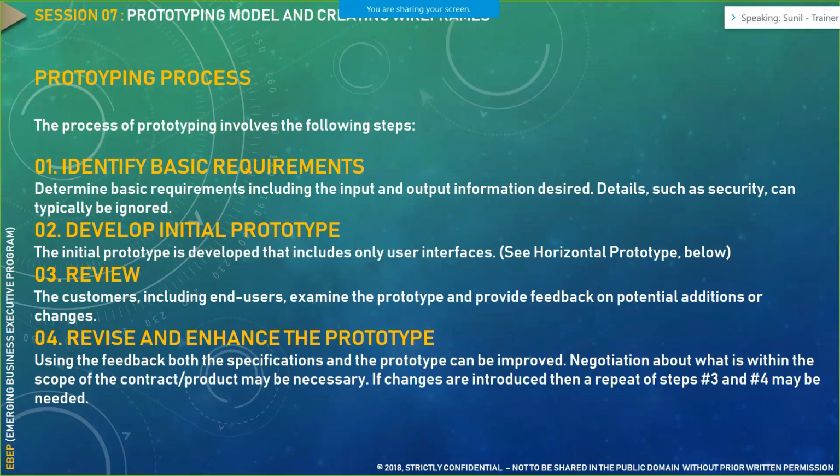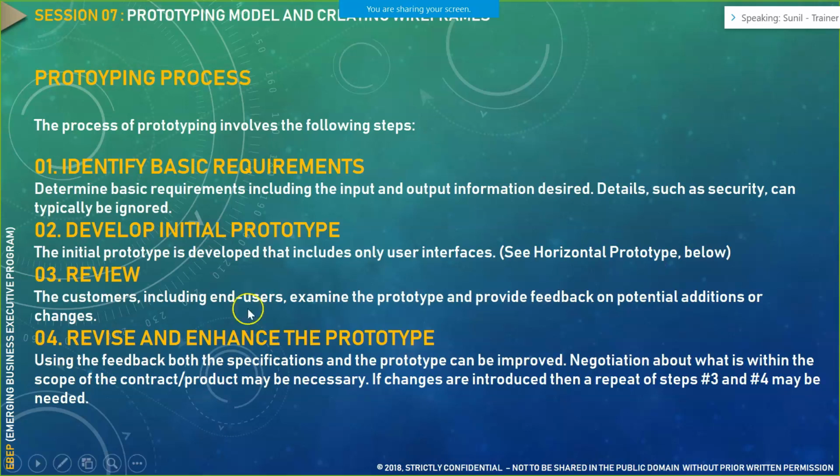Now, once we have developed the initial prototype, we would go about the third process, that is the review process. In the review process, we send this set of prototypes or the UI screens to the customer, and the customer gives their feedback, for example, that the text boxes need to be in two column or three column fashion rather than putting text boxes in every single line. Based on their findings, they would give you their review.